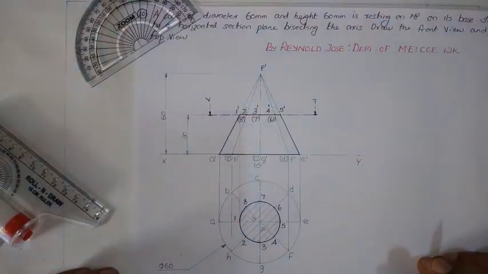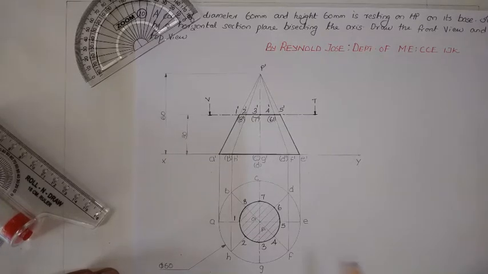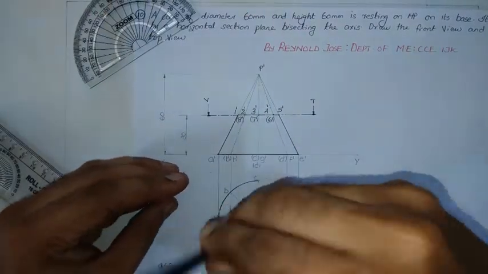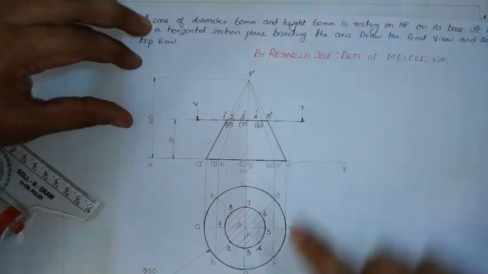After drawing the remaining regions in the front view, we shall draw the remaining regions in the top view. So as this is a cone, again it won't be having edges. We are required to draw only the base circle in this case. So this forms the outline of the top view. So we shall draw it with a thick line with the help of compass. We are not supposed to draw the remaining generators as thick lines because they are not edges. So we have drawn a front view and a sectional top view.